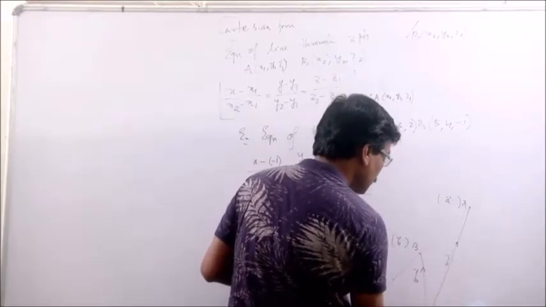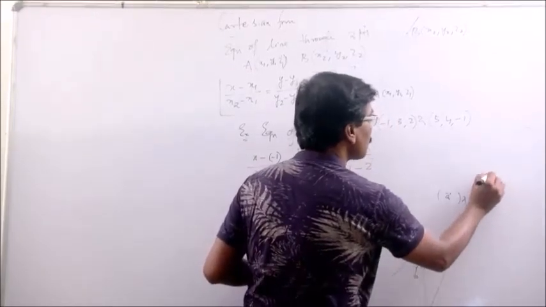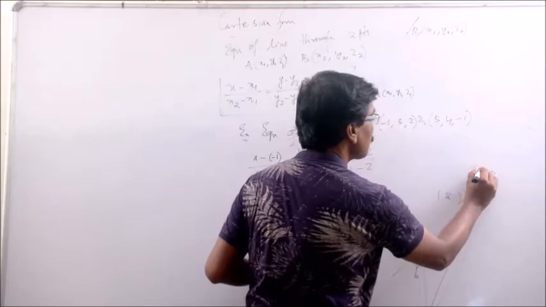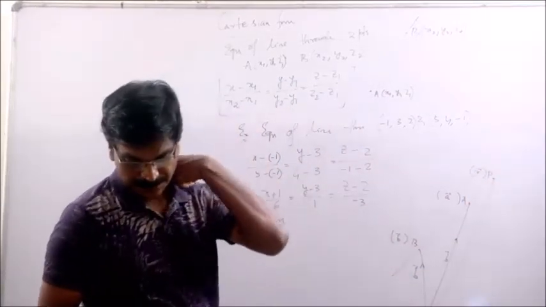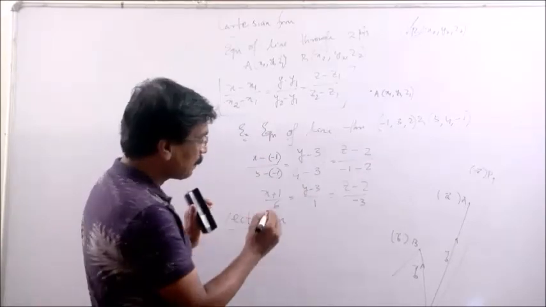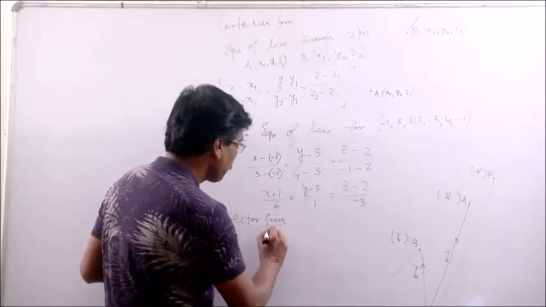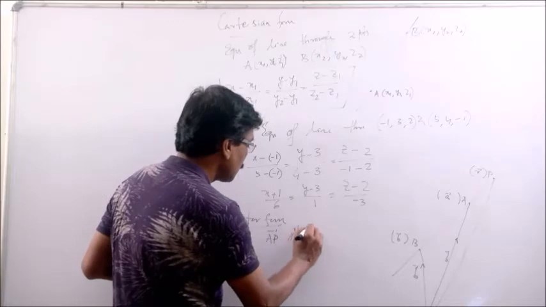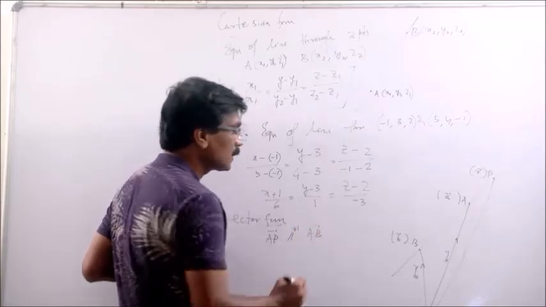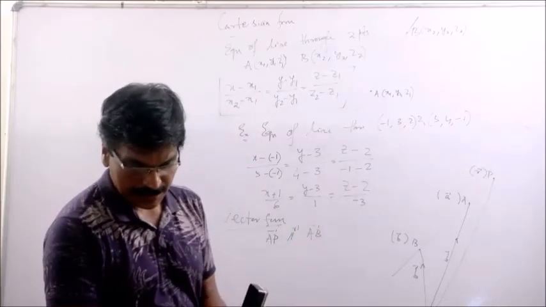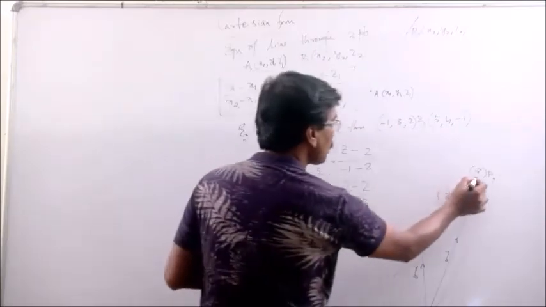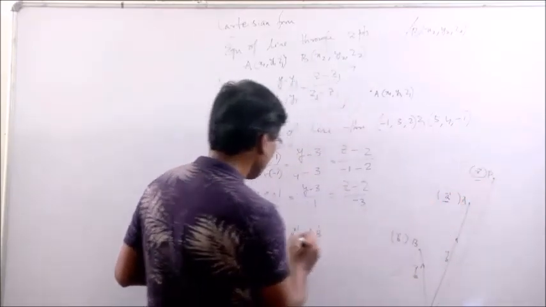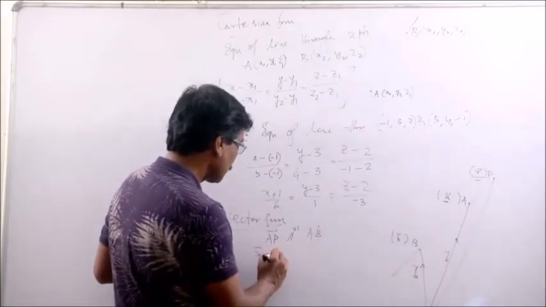Suppose P is any point on the line having position vector r vector. Then AP is parallel to AB vector. Now, AP vector is equal to the position vector of P minus the position vector of A, that is r minus a vector,